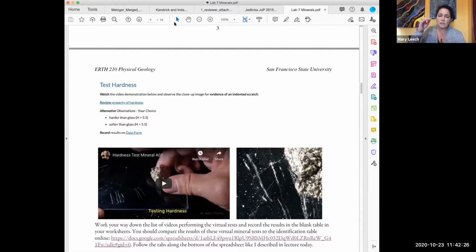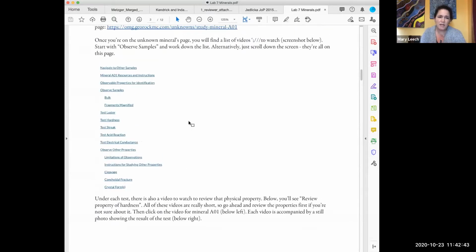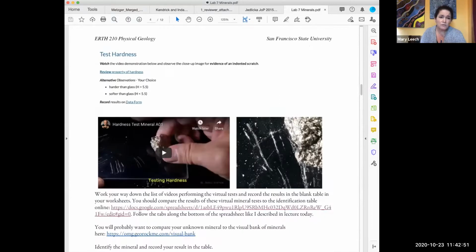You can click these links at the top of each of those pages to look at, you observe the samples in bulk, you test the luster, you test the hardness, you test the streak, etc. Or you can just scroll down the page and you'll find everything there. I can show you that on the website as well. And then once you've done that,